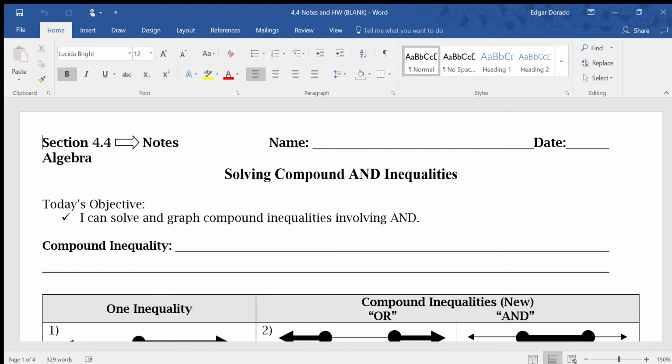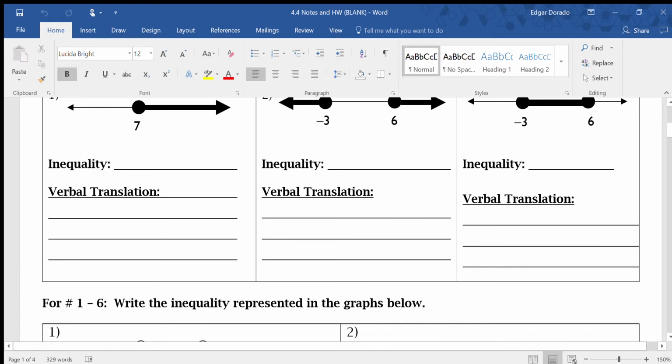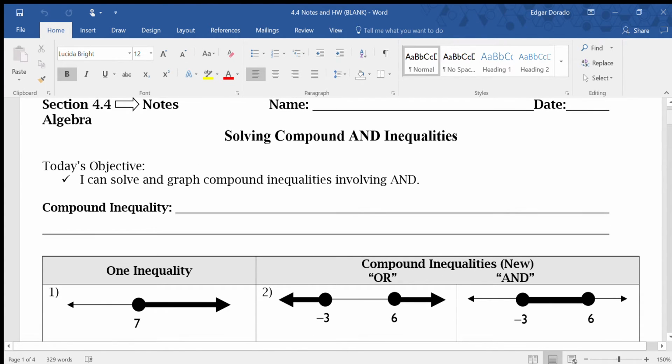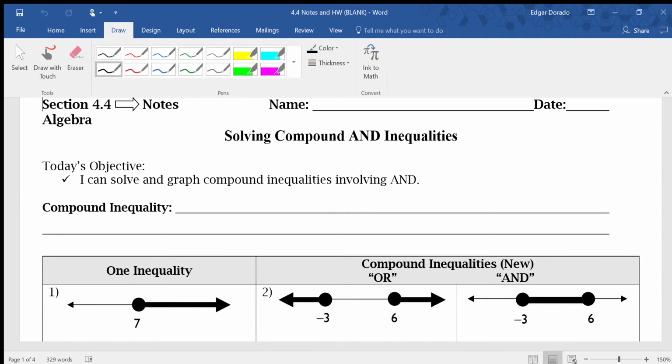Today we're going to be talking about Chapter 4.4. So let's go ahead and see how this relates to our unit on inequalities, okay? And this is actually the second part of compound inequalities, which is the AND statements, okay? So let's go ahead and start right away